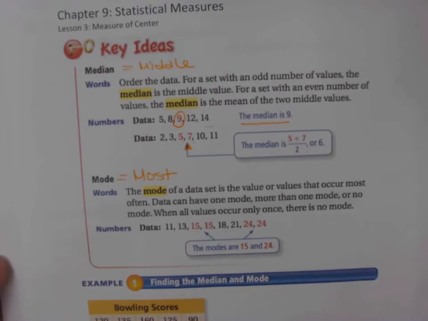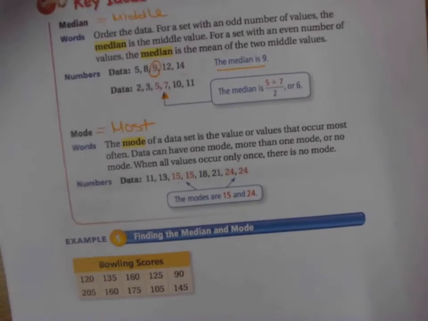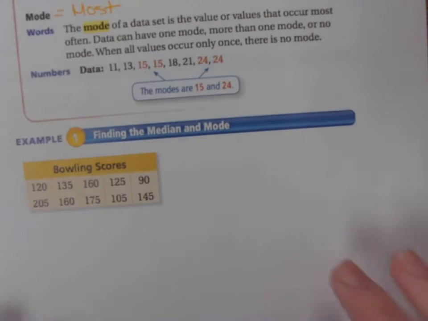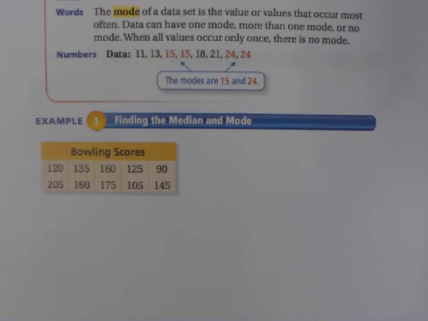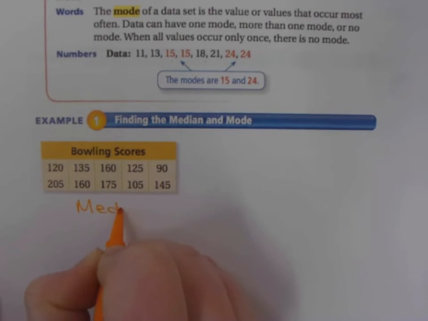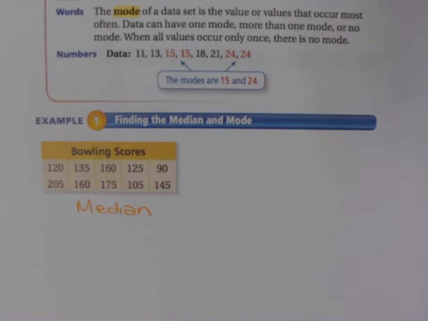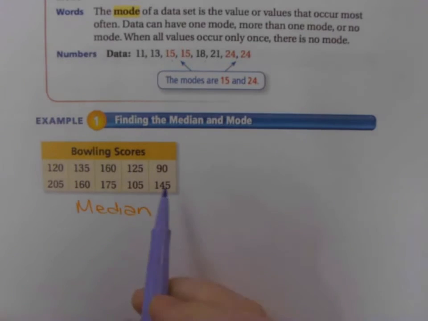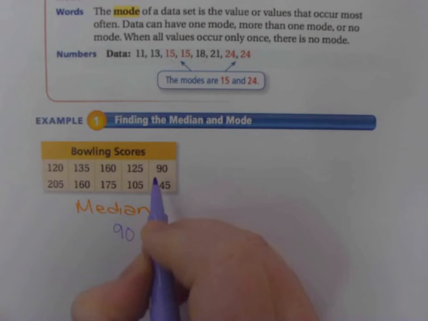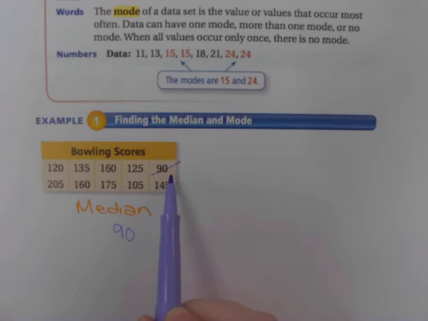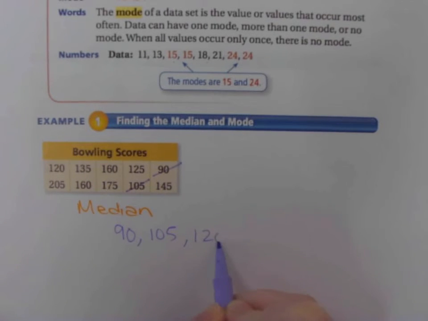All right, so let's practice this out. In example 1, we want to find the median and the mode of these bowling scores. First, let's find the median. Remember, to find the median, we need to order these numbers from least to greatest. So I'm going to go ahead and do that now. My least number, if I'm seeing this right, is 90. I'm going to cross them out as I go. So I have 90, and then my next one would be 105. Then I have 120,